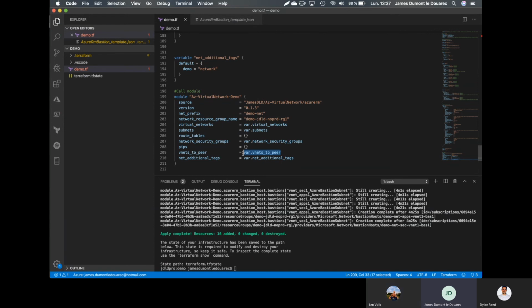The hardest case is if you want to evolve the module, add a new feature, or hard code some network security groups because your security teams force you to deny all outbound connections, for example. A module can be used for that too.